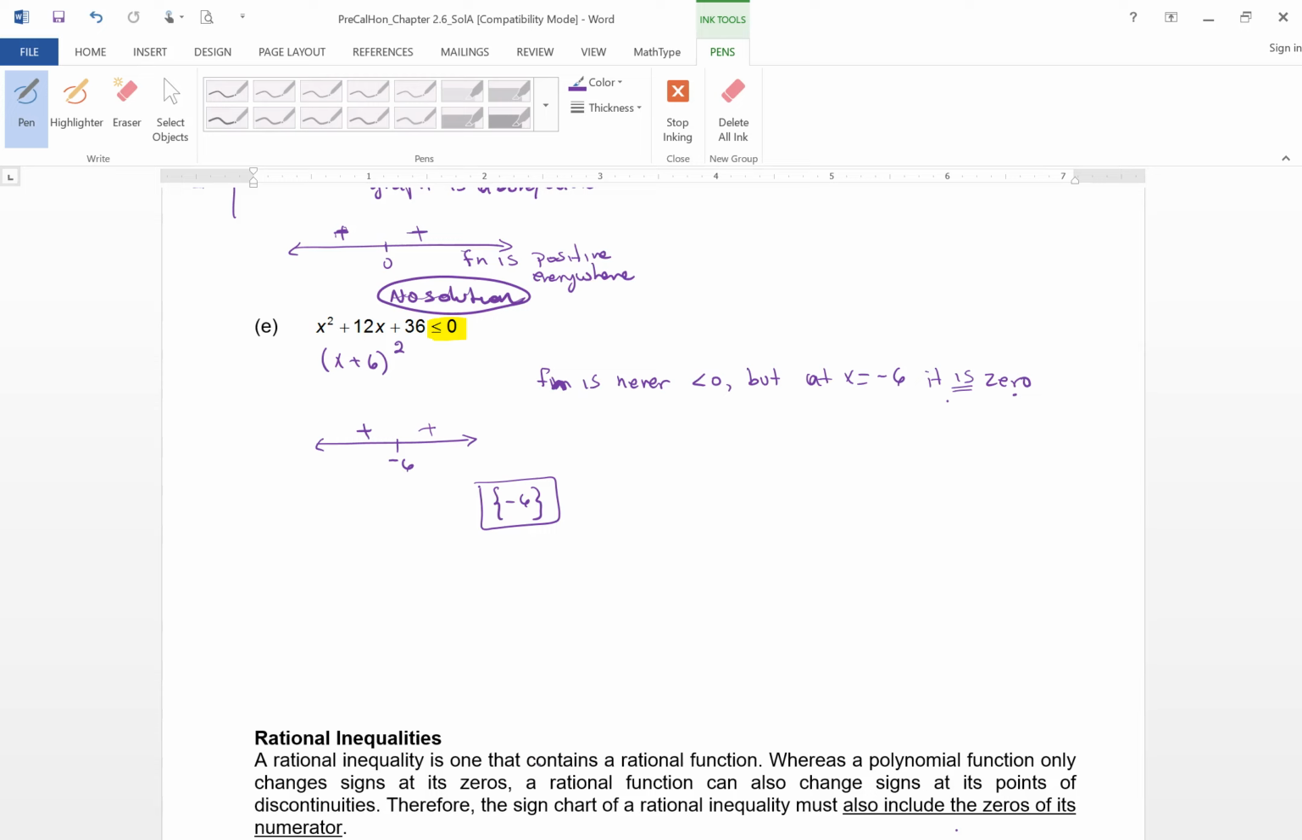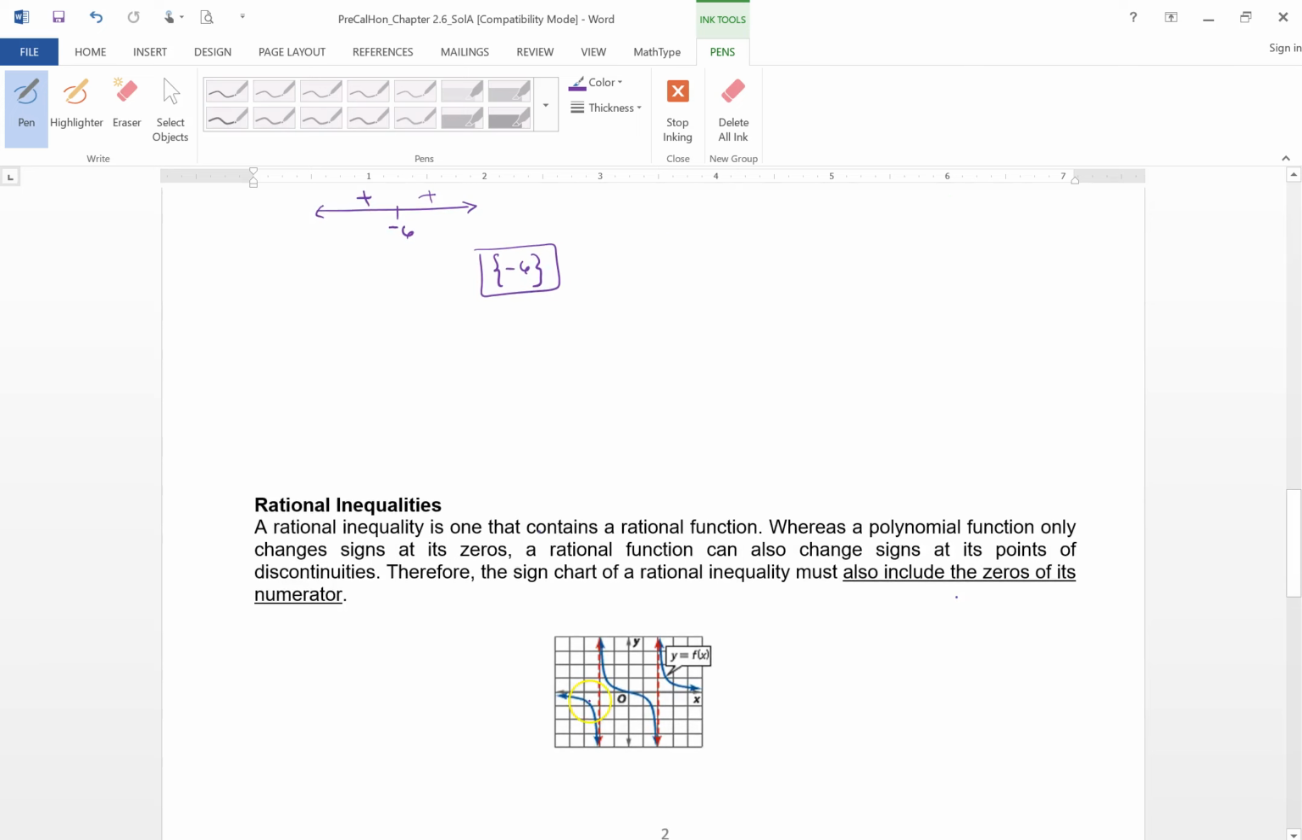So if this had just said less than 0, what would the answer be? No solution. If it said greater than 0, what would the solution be? Strictly greater than 0, what would it be? It would be negative infinity to negative 6, union negative 6 to infinity. So all reals except for negative 6. Okay. Now,